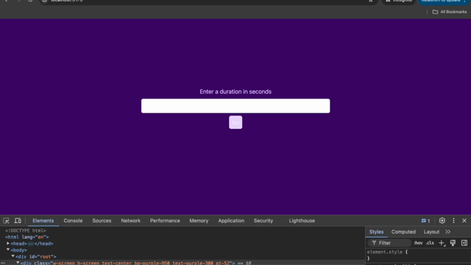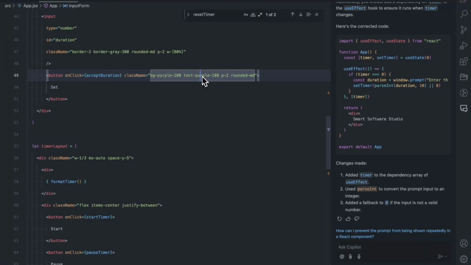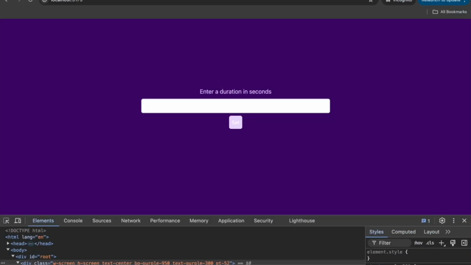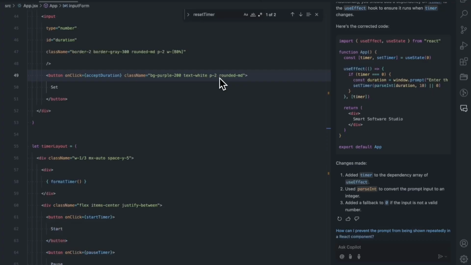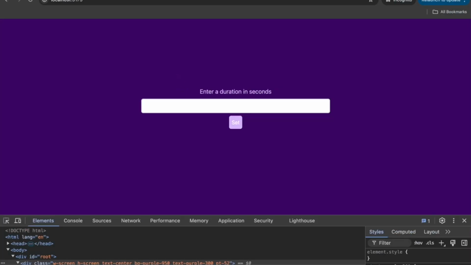Very light on top of each other, I must say. We need some contrast, so maybe let's make it white. And let's make it 300. Or instead let's